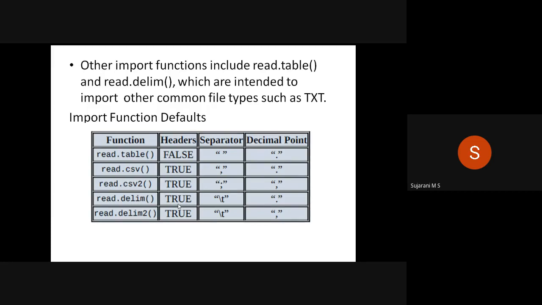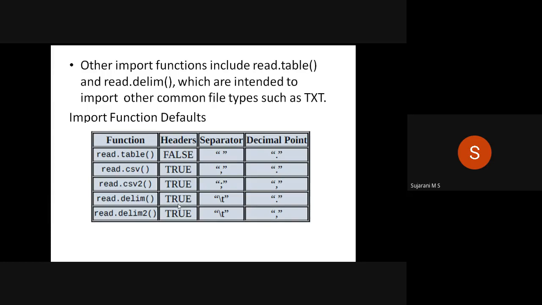Import functions mean we can import a set of data from a file into our data frame, so that we first use an object, for example sales, then the arrow operator, then the import function.